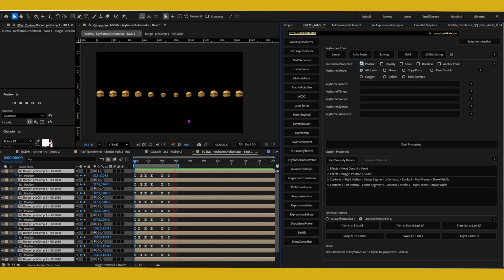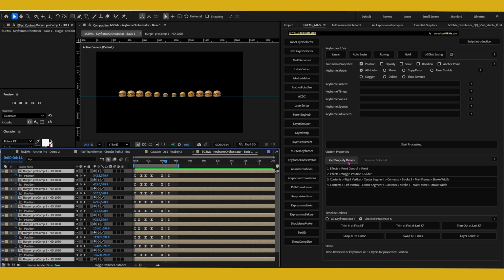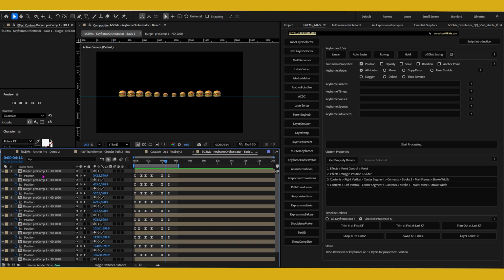So anyways, we've got this guy moving up, spreading sideways and stuff. So besides selecting your properties, you can also select custom properties. These are properties in your timeline. Alright, you just select them, click on get property details. They can be effects, they can be,